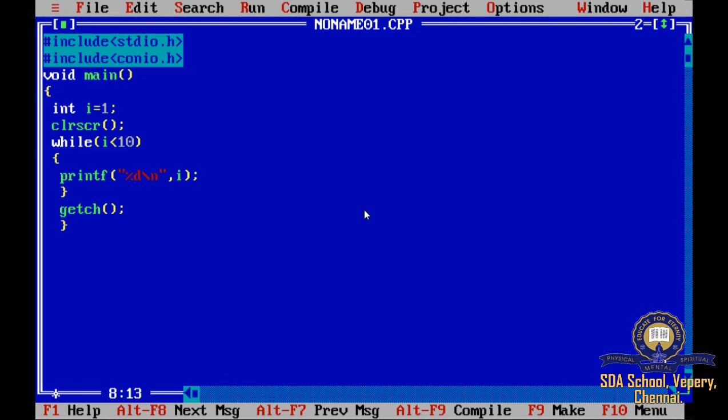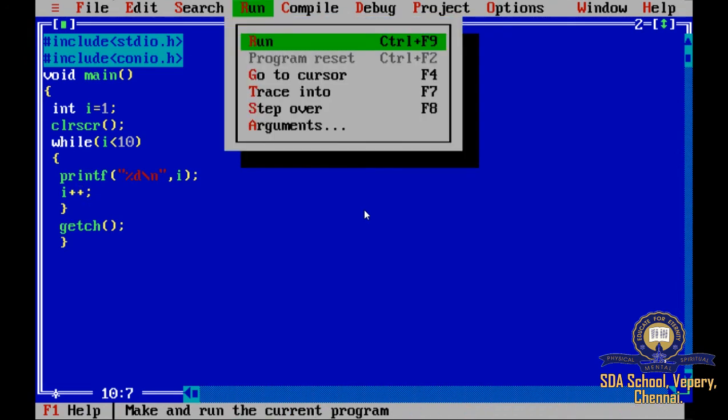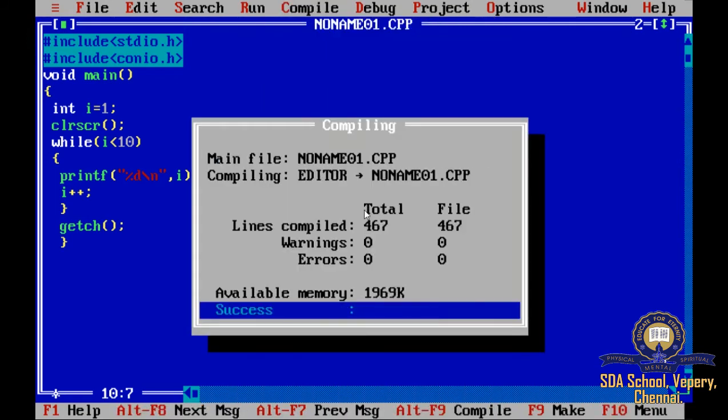I'm giving this printf, and at the end you have to give this i plus plus. So this is your initialization part, then the condition checking, then the increment operation. First let me compile it, and then let me run it. See, it will be printing 1, 2, 3, 4, 5, 6, 7, 8, 9.